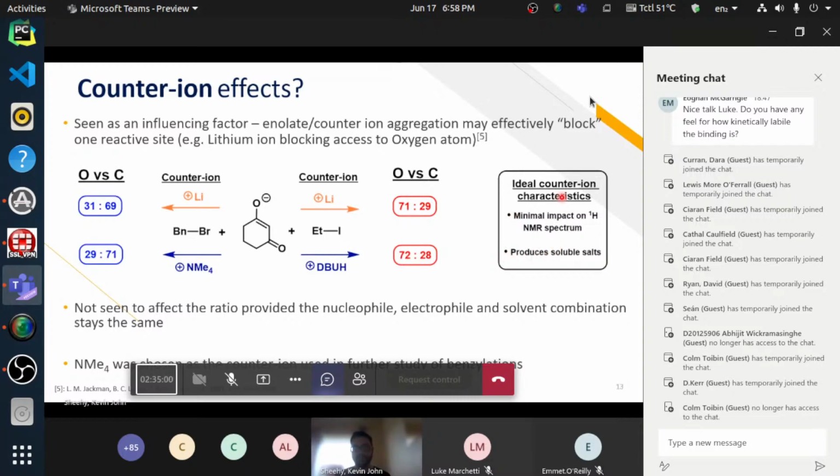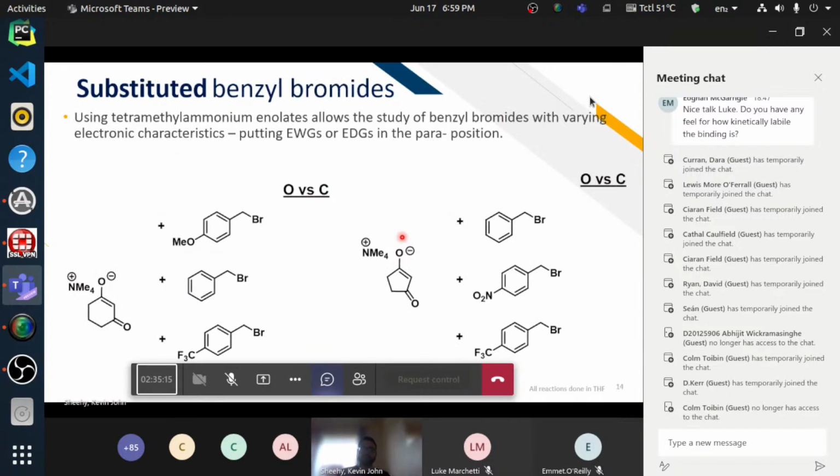So we ended up settling on the tetramethylammonium enolate because it has a minimal impact on the 1H NMR spectrum. You know, it's just going to be one big singlet. And it produces salts that are more soluble than, say, a lithium salt or a potassium salt, something like that. So the salts are soluble. So the tetramethylammonium enolates then could be used to do a study of benzyl bromides, and even more so, we